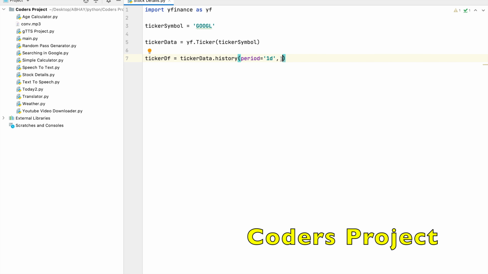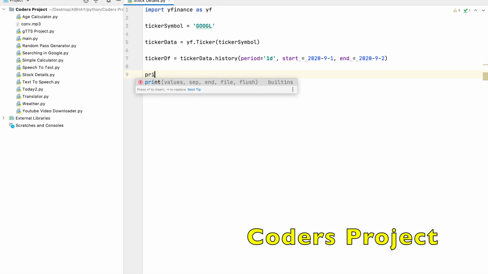Now the start, which is going to be 2020 September 1st, and the end date is going to be 2020 September 2nd. Now we just have to run this, so I'll just print out